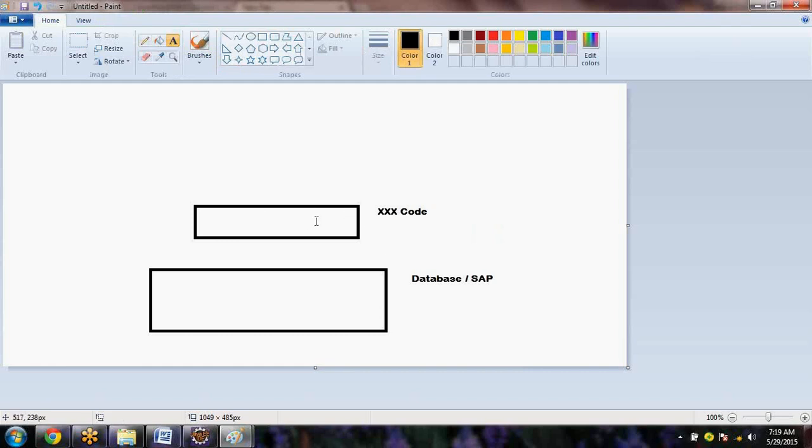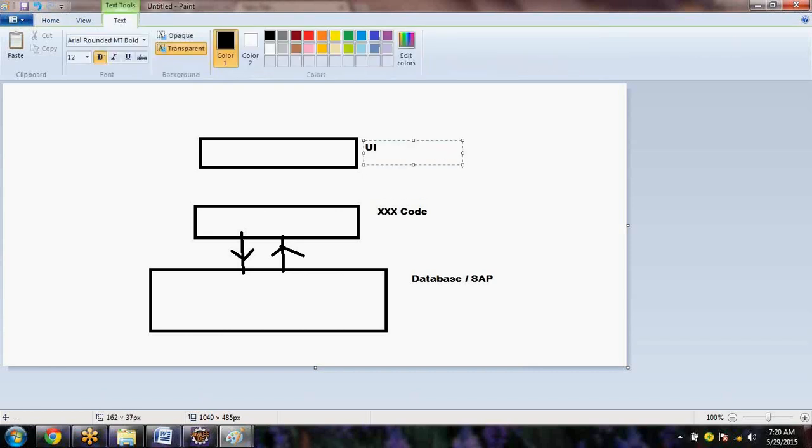What this program will do is talk to SAP, or talk to the backend, and get the data. And here is your UI. Forget about what kind of UI this is.